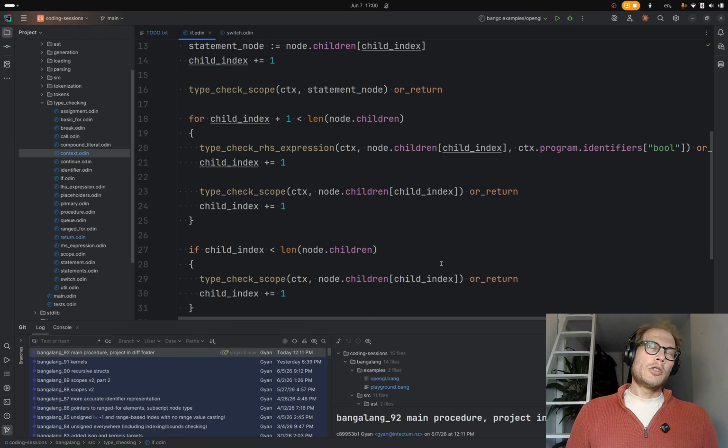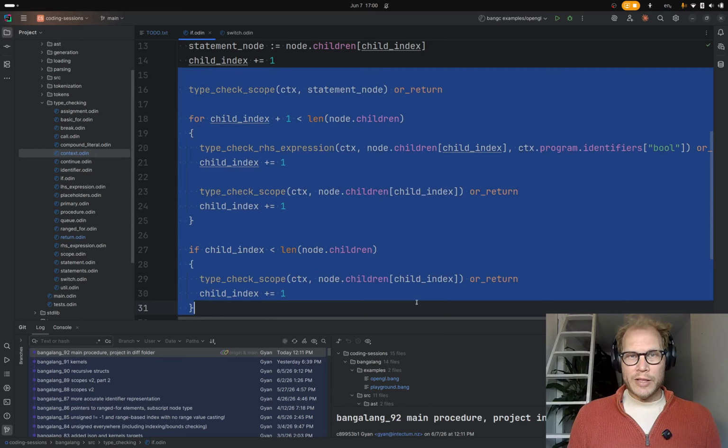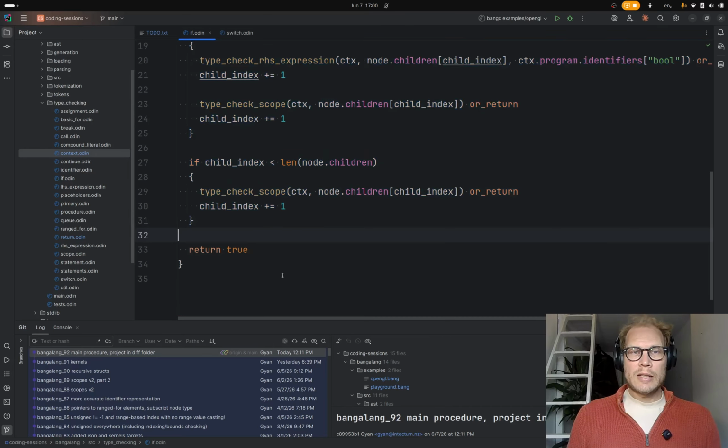So to say that there was a return from all code paths, all of these need to have found a return. And we need to say that there definitely was an else. Because if it was just if, else if, then it might not have entered any of the branches. So saying that there was a return from all those branches doesn't mean that we're guaranteed to return, because we might not go into any of them.